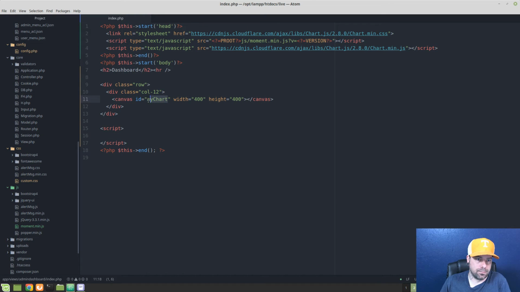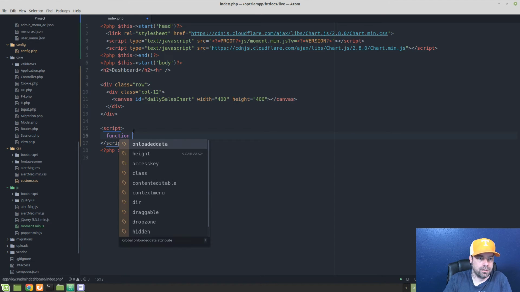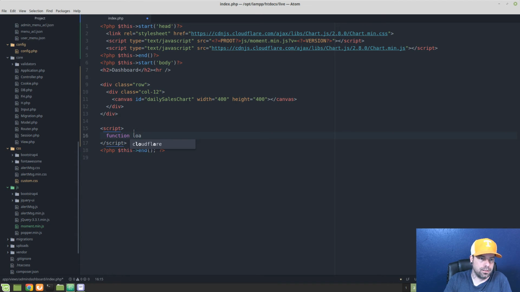What we're going to do is let's do daily sales chart as the ID here, because we might do more charts on this dashboard than just one. And then down here, let's create a function, and we're going to call this load daily sales chart,